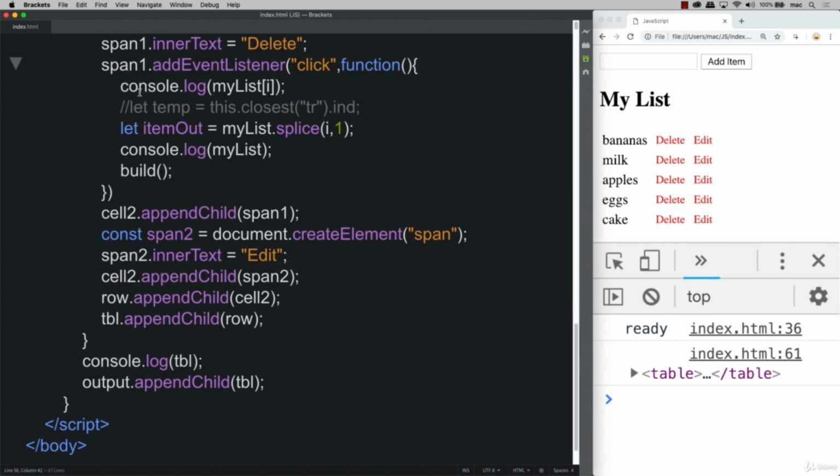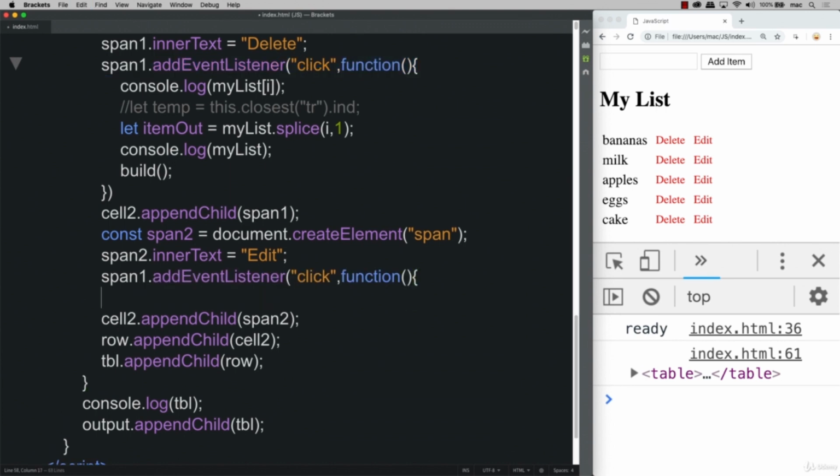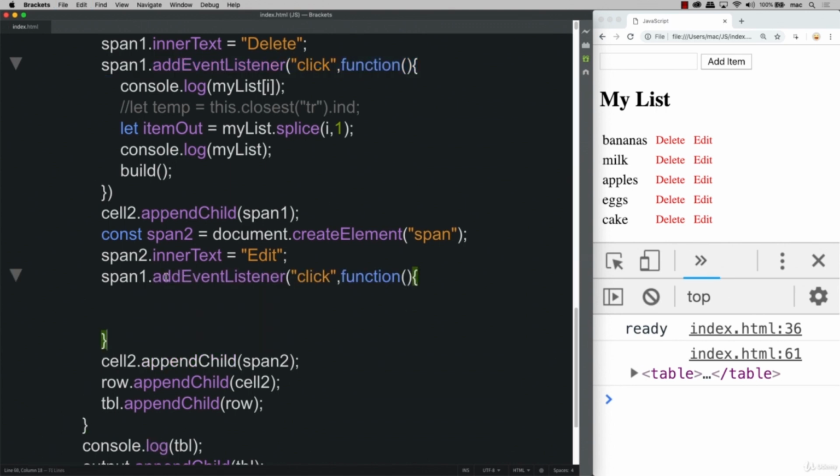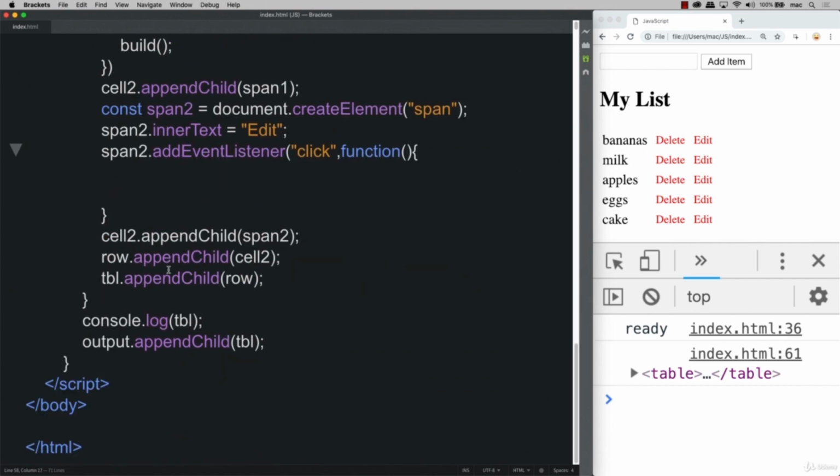And the same way that we did the event listener for span 1, we can do the event listener for span 2. Or we could have it as a separate function. And in this case, we're going to do it all within that same function. And of course, you can break it up as needed. So we've got our event listener, we've got a function, and this function, we want to have the ability to